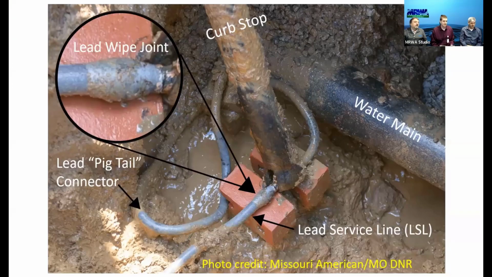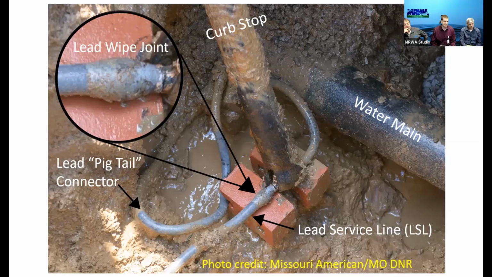Now this shows a service line and a connector. So you can see that curly cued pigtail connector connected to that water main. And that would be your connector. And then you see the curb stop labeled there. After the curb stop, there's an arrow that points to the actual confirmed lead service line. And if you see that wiped lead joint that looks like a snake swallowed something, that's a clear indicator that it's lead, because lead is soft, you can't thread it. If you see exposed threads, it's typically galvanized. If it's exposed threads and magnetic. But there's a clear example of a lead connector and the lead service line.